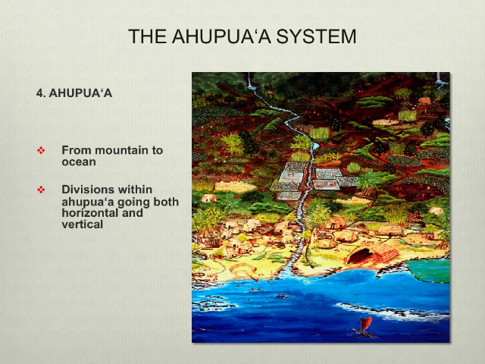Divisions within ahupua'a go horizontal and vertical. So you have cross cuts as well as cuts going around. We're not going to get into all the terms because there's way too many terms for that. But if you guys want to ask questions on the forum or whatever, we can do that. So the question is, what connects all of these divisions? What connects this ahupua'a together? You look at all the plants and everything connecting